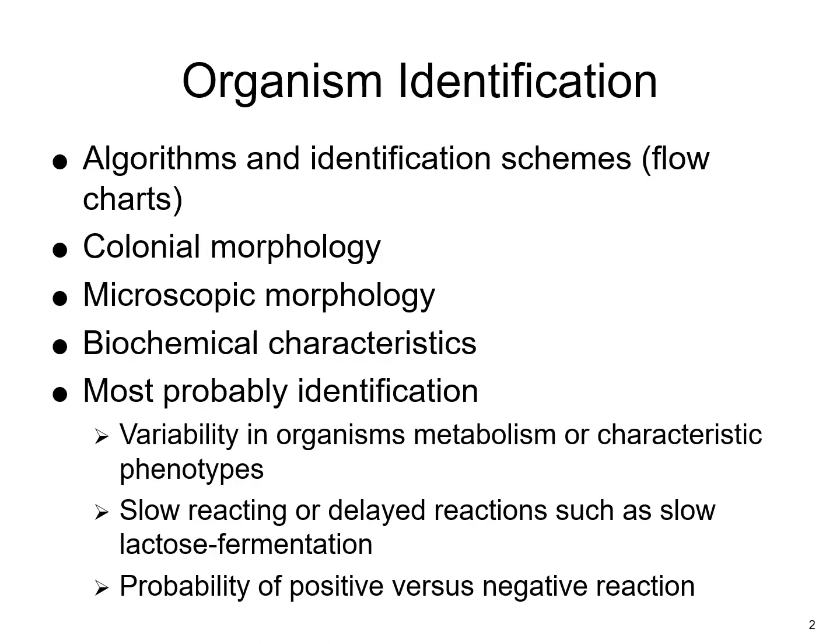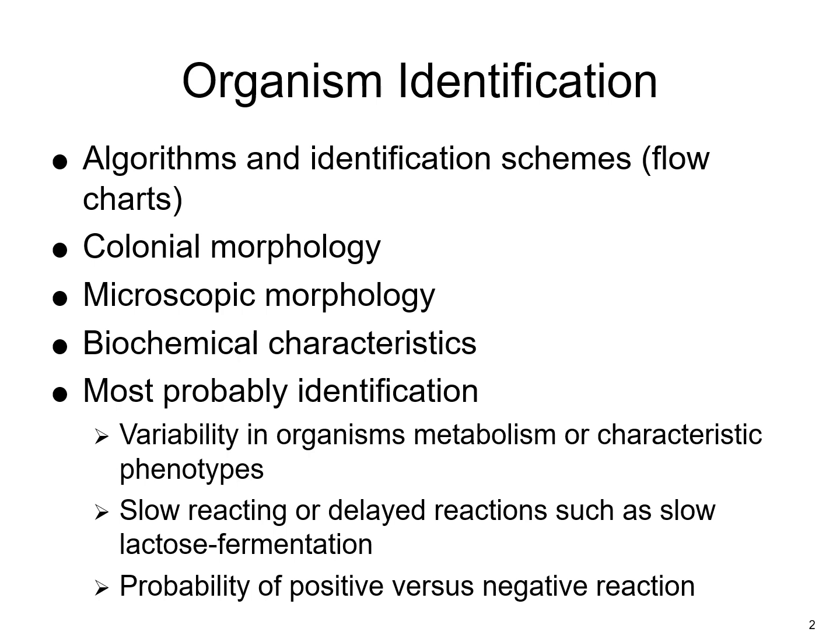When identifying the bacterial organisms, you use various algorithms and identification schemes or flowcharts to help identify these organisms. And this is based off things like colony morphology, how it grows on the plate, the microscopic morphology, if it's gram-positive, gram-negative, cocci, rods, chains, pairs, those things. The biochemical characteristics, so these are some of the spot tests or different biochemical tests that are performed. And the most probable identification is based off,